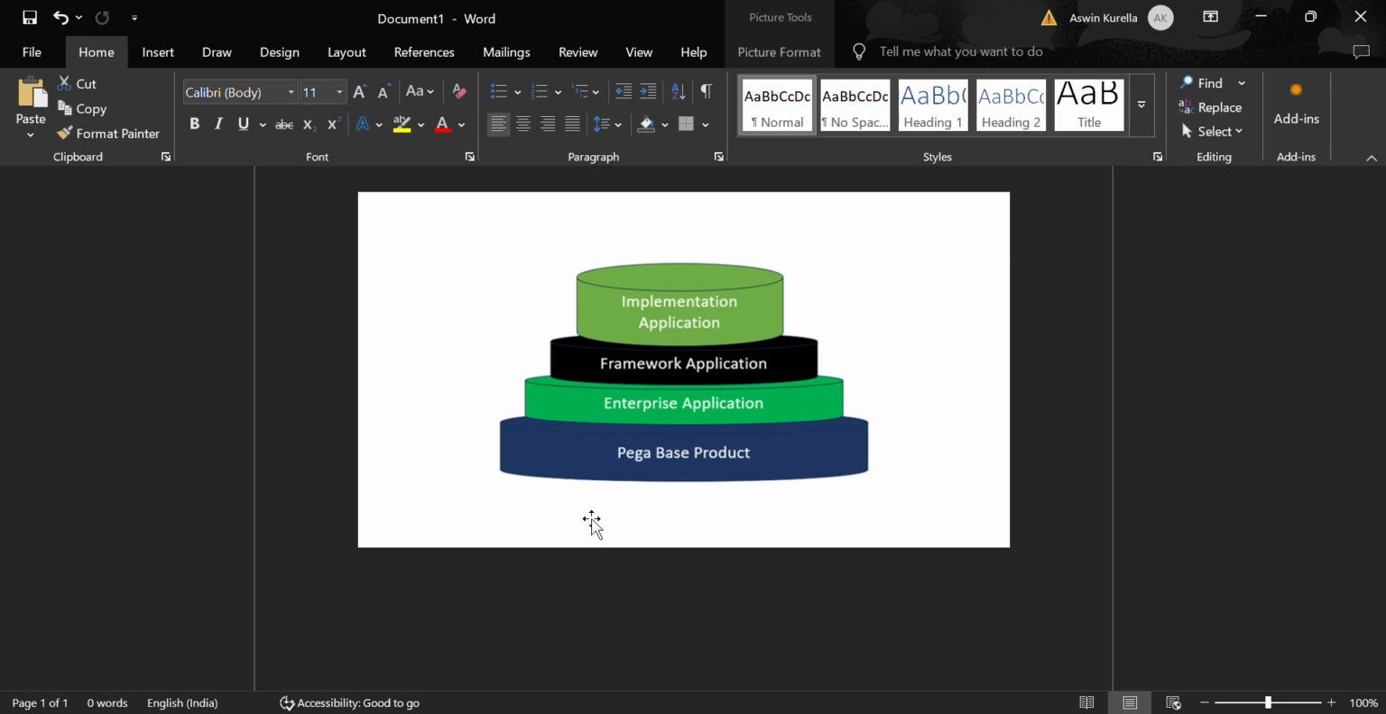So whenever you buy a Pega product, they will give you the Pega based product plus this solution framework, which you can reuse. And on top of that, you can build your own enterprise and framework applications, which can be used across all your Pega instances in your organization. For example, every organization has its own set of things to do. If you have 10 applications and all 10 need customer search, then you can build an application in the enterprise application layer